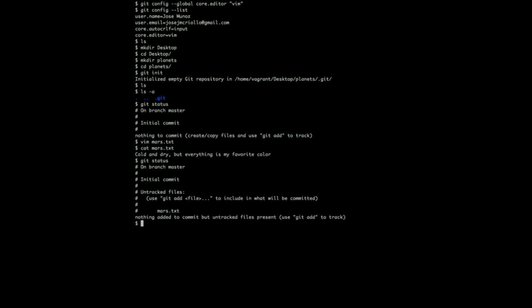It's telling me that mars.txt is there, but it's not currently tracked. But it's suggesting how I can add that file to be tracked. So it's telling me I can use git add to track the file. So I can do that. So do git add, and then mars.txt, and if I do git status again,